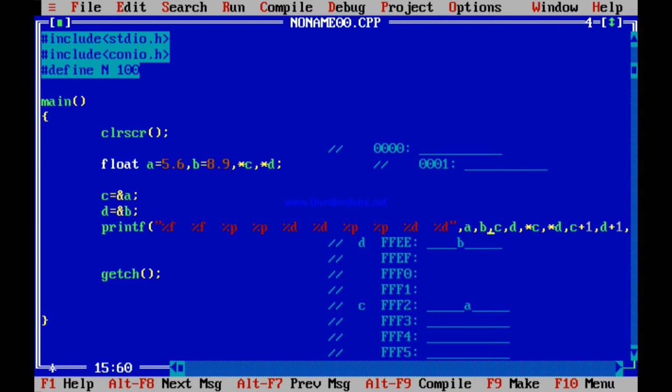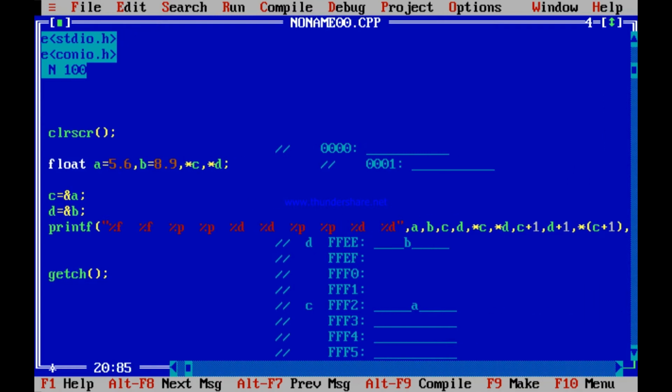This time if I print star C, it should print A, which is 5.6. Star D should print 8.9 because it is B. C plus 1, what is C plus 1? It is FFF6. D plus 1 should be FFF2, because FFEE plus 1 should go by 4: 1, 2, 3, 4. It prints FFF2.